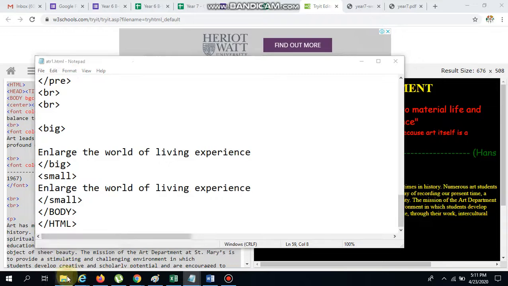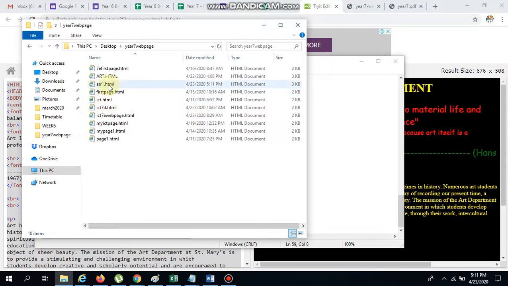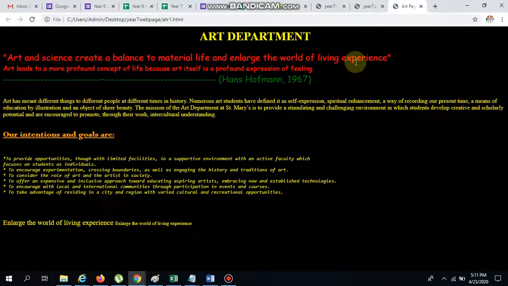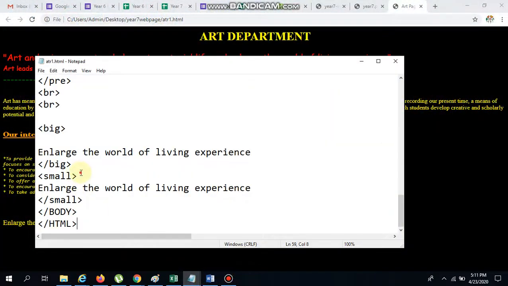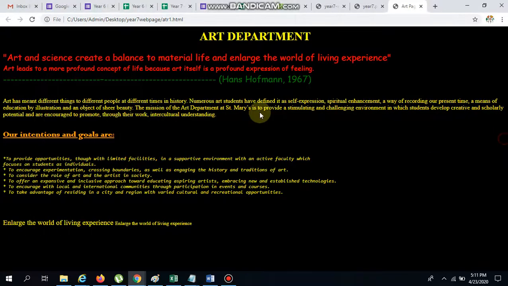Then after that I come to desktop, year 7 web page, art1.html, open with Google Chrome. I can see the lines here. In between, if you give a break in the line, it will take effect here also, so you add it here. Okay, see here, I got the same output.